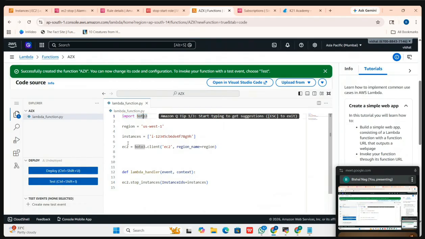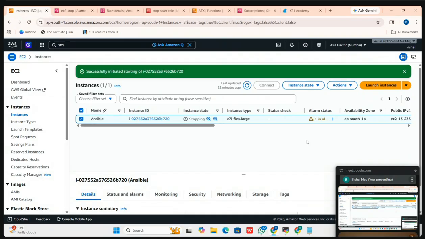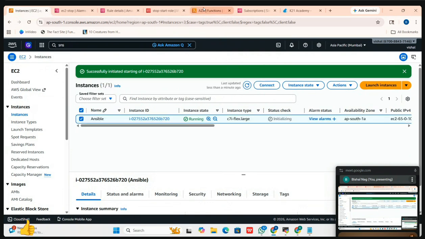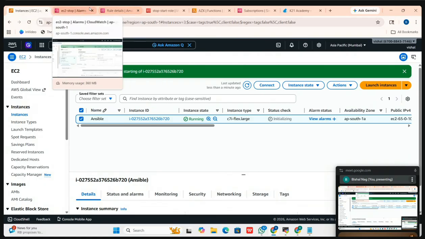EC2 हैंडल करता है। अब इसमें इंस्टेंस आईडी दिया हुआ है, पर हम लोग इंस्टेंस आईडी क्रिएट नहीं किया है, एक ही किया है। पर इसको एक काम करके स्टार्ट करते हैं पहले, ठीक है। अभी एक ही आईडी से ये एक छोटा सा प्रोजेक्ट हो गया। देखो क्यों प्रोजेक्ट मैं बोल रहा हूँ इसको, क्योंकि इसमें कितना सारा सर्विसेज ऐड हो रहा है, लैम्डा, इवेंट ब्रिज, लॉग्स, IAM, SNS भी ऐड होगा